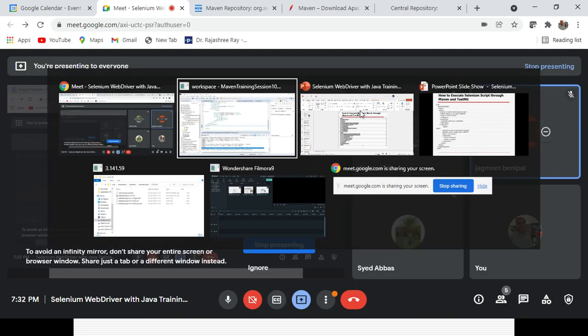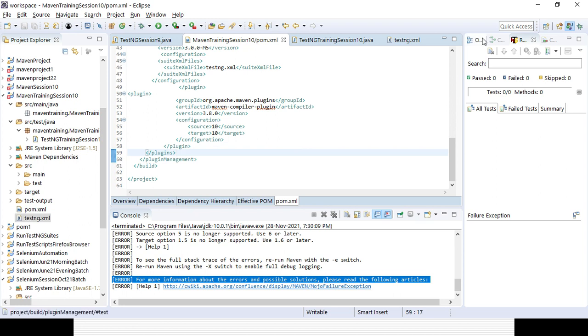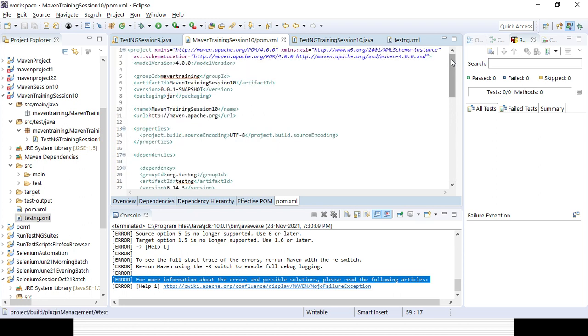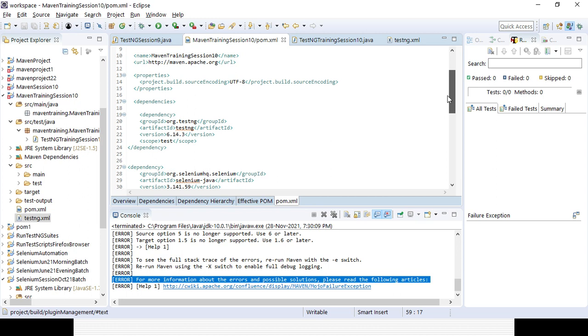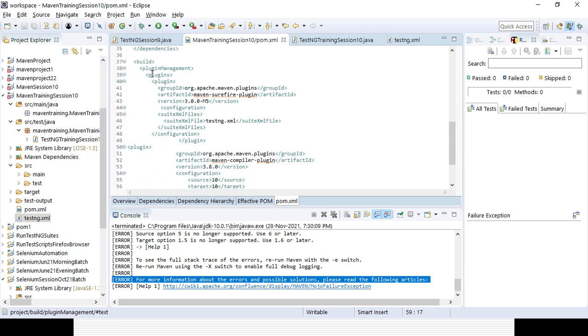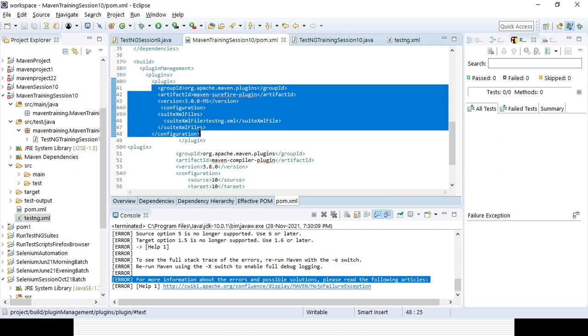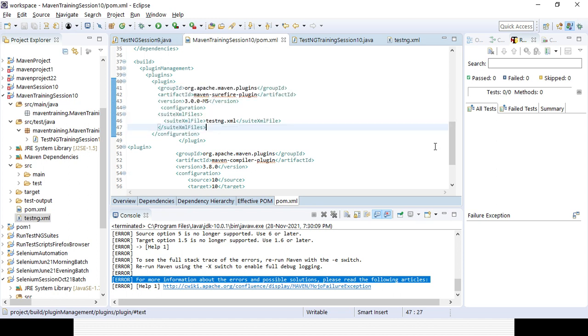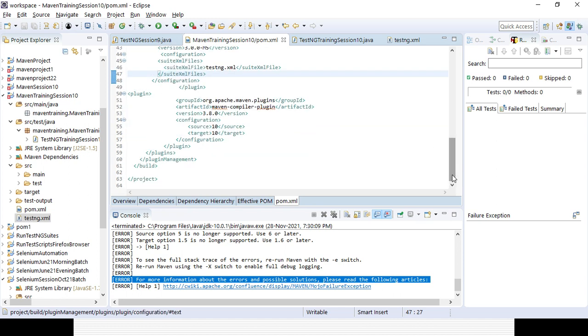okay, so once the project is saved, now both the plugins have been added, right? So under the dependency stack, we will be adding all the dependencies, and under the build and plugin management and plugin stack, we will be adding all the plugins. So these are the basic two plugins required to run all your Maven projects. So whatever I will be showing will be sufficient for your starting point. Definitely a few more additions will be there, but right now no need to worry. Whatever I cover today is sufficient to start the Maven part. Now if you just run your